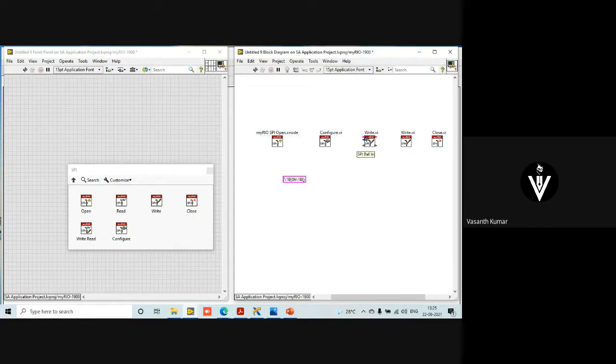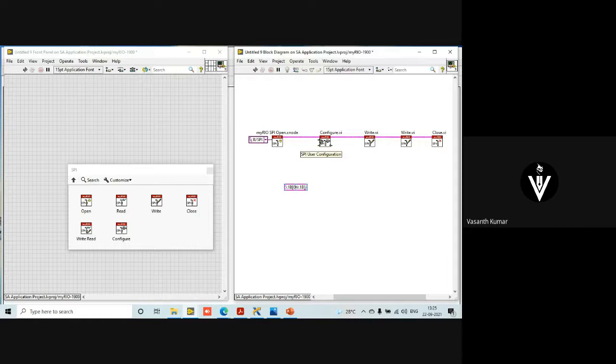Of course, wire from here to here, from here to here, and select the A or B connector you're supposed to select. I'm selecting it to be B connector. It can be either A or B, either way. Okay, it's like channel 1 or channel 2, something like that.